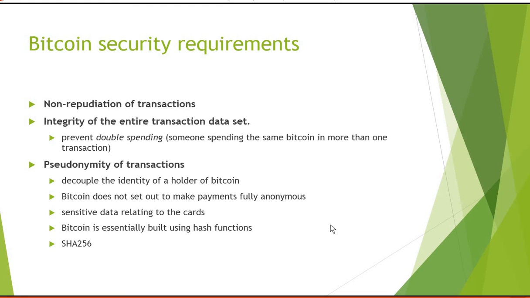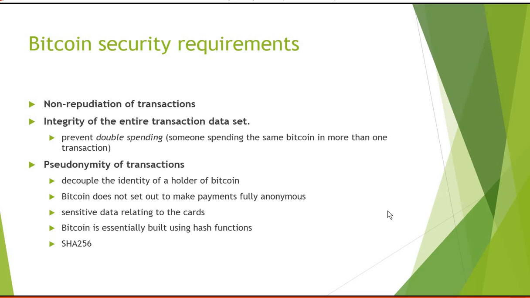Okay, so now let's see what the security requirements are. The first one is non-repudiation of transaction. Here, if anybody is making a transaction, later they should not deny that they did the transaction. Without paying, somebody should not say we have paid, and after receiving the money, somebody should not say I didn't receive. That is non-repudiation. It will help us to do that.